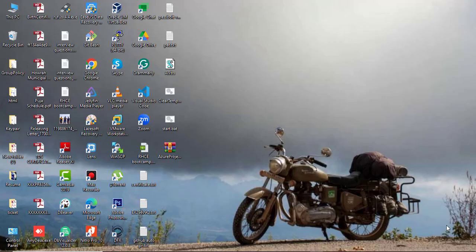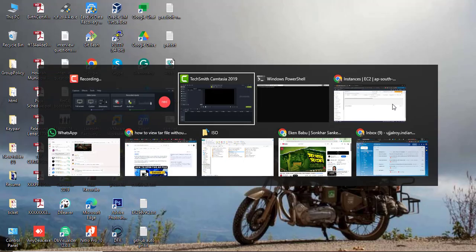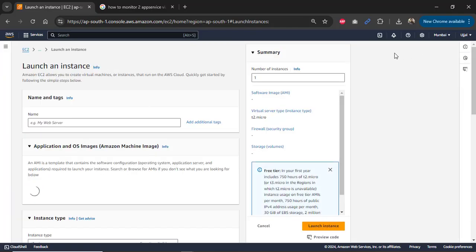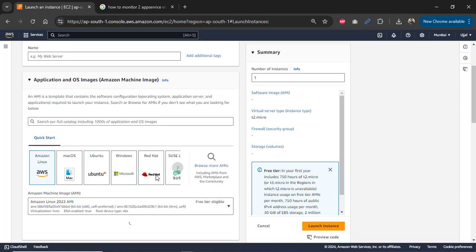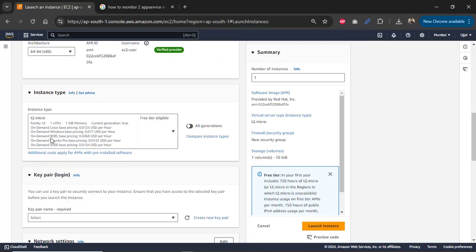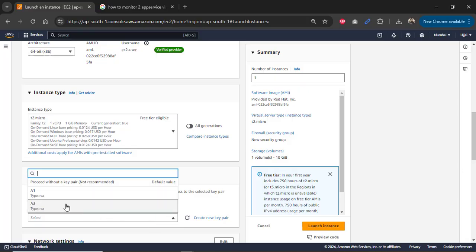So let's start by creating the instances, and step by step we will learn how we can create this. First of all, I have opened the AWS EC2 instance dashboard, and here I will choose the Red Hat operating system, version 9, and I will use two instances here, using the T2 micro. Okay, for our testing purpose